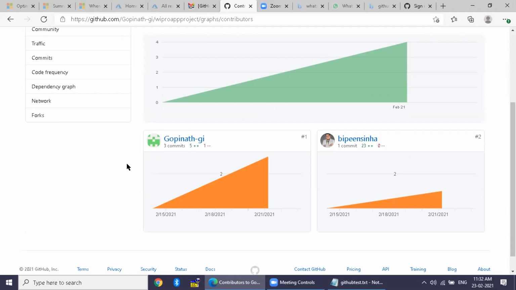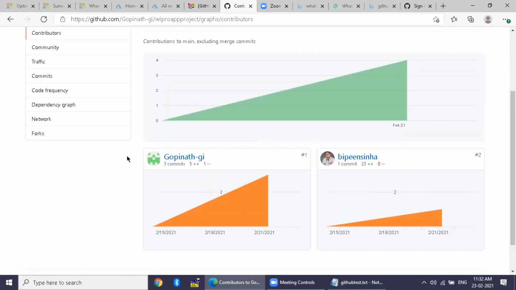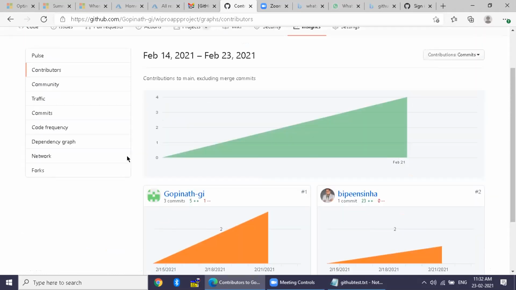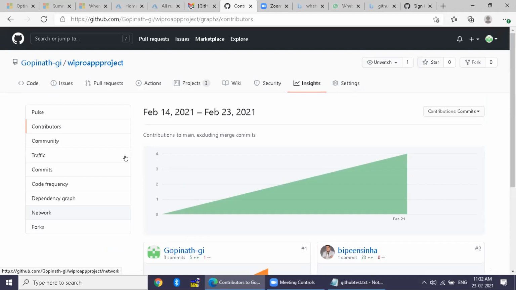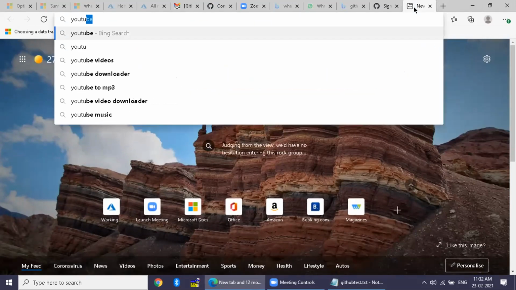So it means that when you are using GitHub, it is going to give you a complete tool. GitHub is called a collaboration platform. Collaboration platform means where the team will work. Now go to YouTube and just watch a small video to understand how it is going to help you as a team.